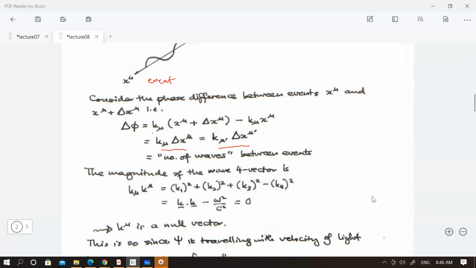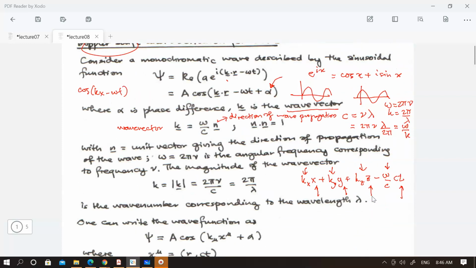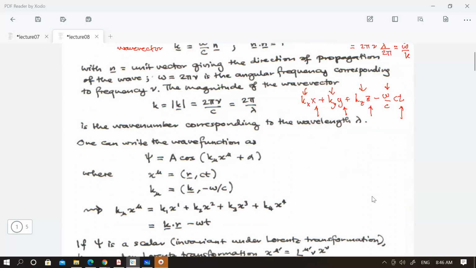If you recall, k squared will be the magnitude of your wave vector in 3D, minus omega squared on c squared. If you remember the earlier thing that we did, your omega and k is written in this way. So if I were to rearrange that,